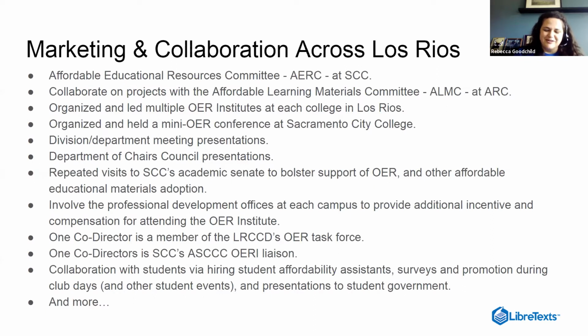I won't go through all these unless anyone's curious, but basically we do a lot of marketing and collaboration. Both of us are involved in various committees that attack different angles of the OER low-cost issue. We collaborate with other colleges and committees. For the OER institutes, we make an effort to have them at each college in the district. There are 4 colleges. I've led OER institutes at each one